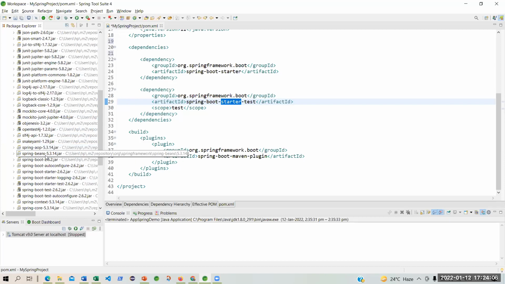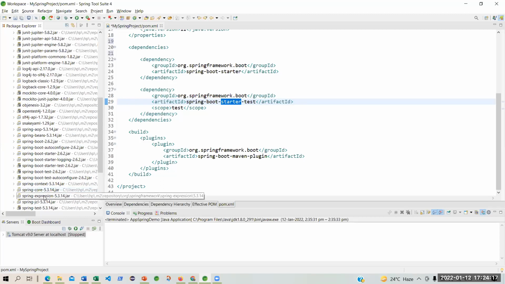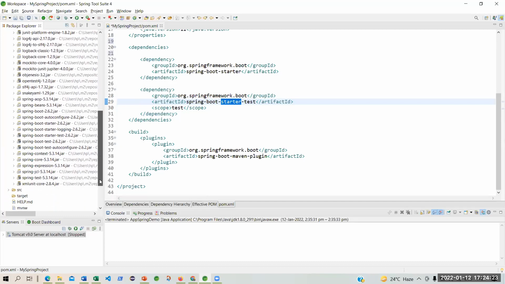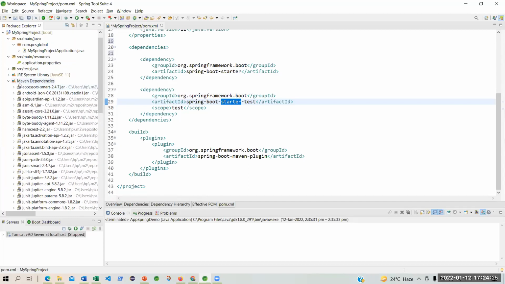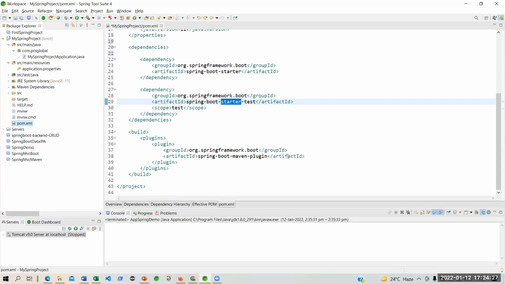Then Spring Beans, Spring Boot auto-configure, Spring Boot starter, Spring Boot logging, Spring Boot starter test, Spring Boot test, test autoconfigure, Spring context. We will learn Spring context today. Spring core we will learn, Spring expression. So all these things are there. But these are Maven dependencies. Whatever is needed for the project, you will keep on adding into that pom.xml. This is the area.